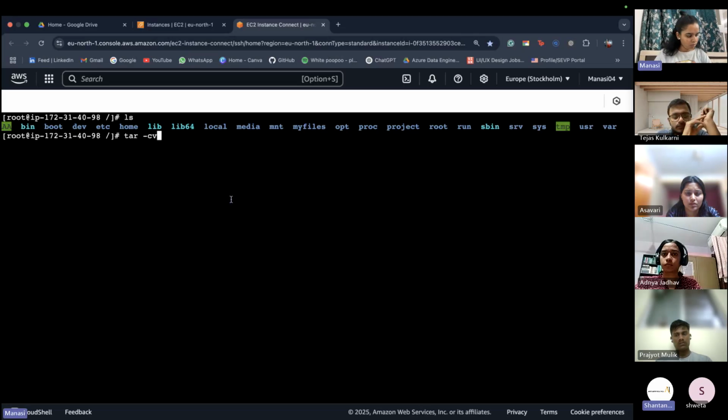And f option, which is compulsory for all archiving, followed by the file name, what new file I want to give. So let's see, I want to give file name as backup etc.tar. Now I have to give absolute path of this file. So we are going to create a new file, right? So I want to create it into a slash directory only. So the name would be slash backup etc.tar.